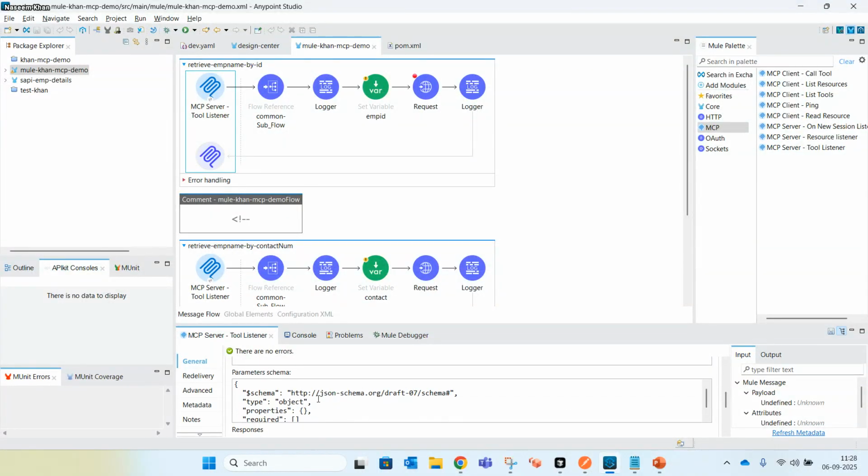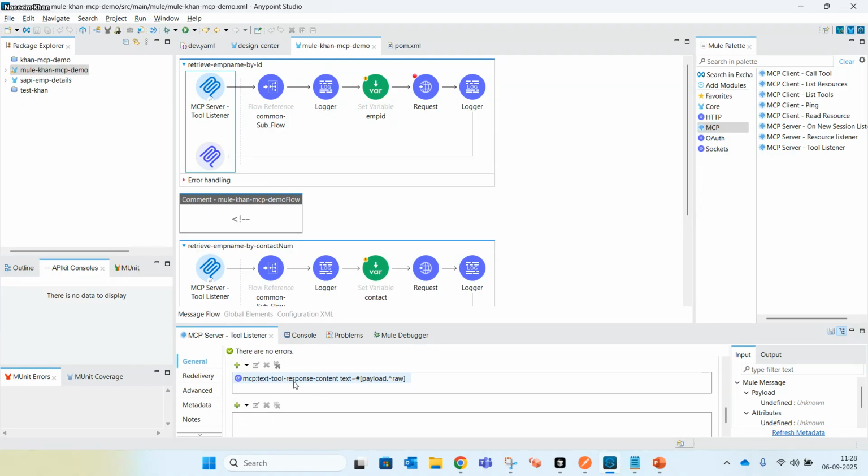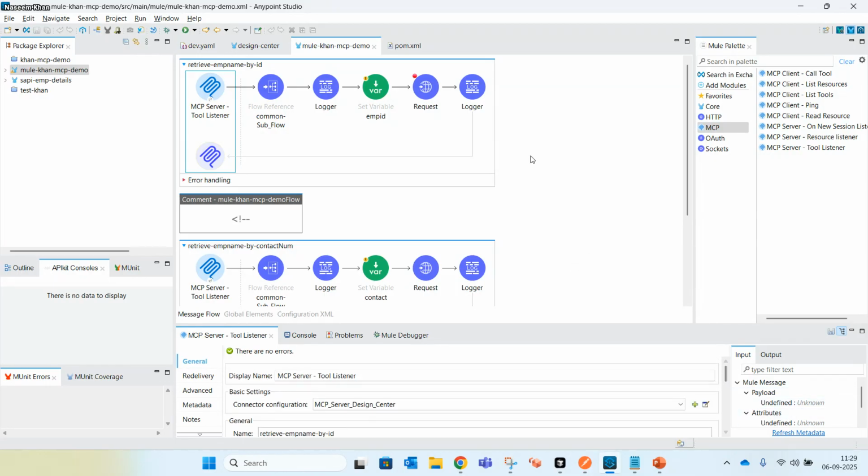And in the parameters, since this is a get method, I have just provided the standard. I'm not providing anything that is required as input for this tool. And in the response, I am just getting this response in the context text, so it will respond with the raw payload, and then based on that Cursor AI will filter that information and provide you the response.